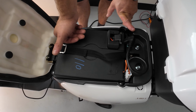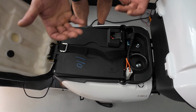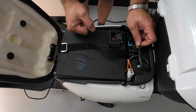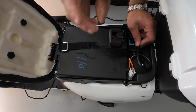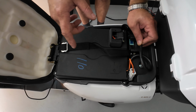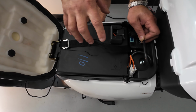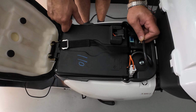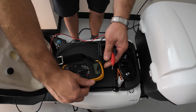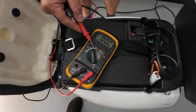Even if you inspect them, it doesn't mean that there could not be a problem with one of the batteries. So my advice is to get yourself a multimeter so you can inspect each battery and test the voltage. If one of the batteries is defective, most likely you will see lower voltage on that particular faulty battery than on the other batteries. If you have a multimeter, you will need to set it to the 200 setting,